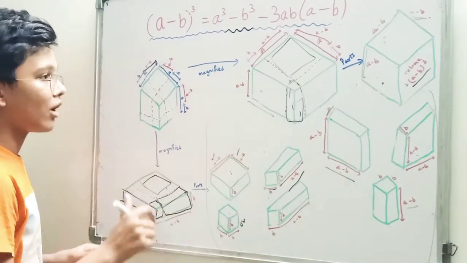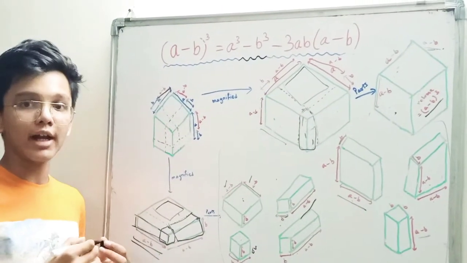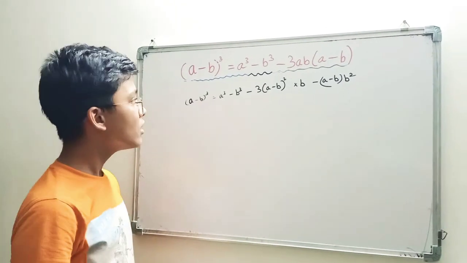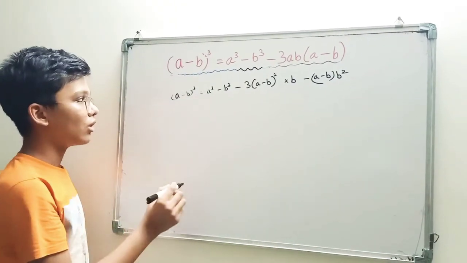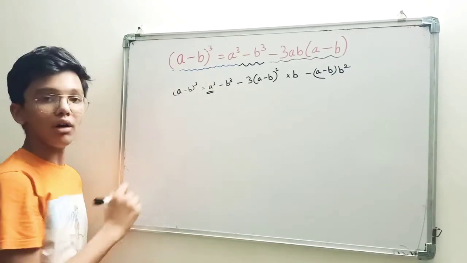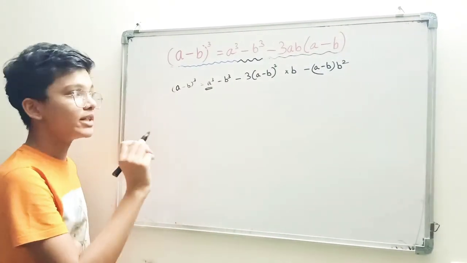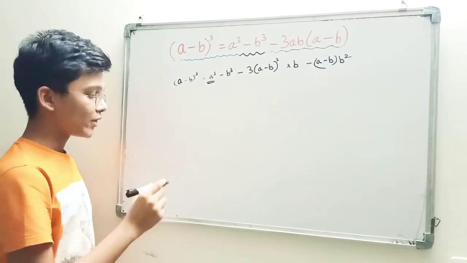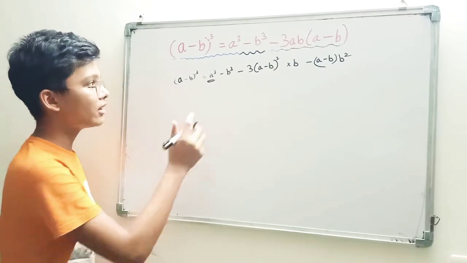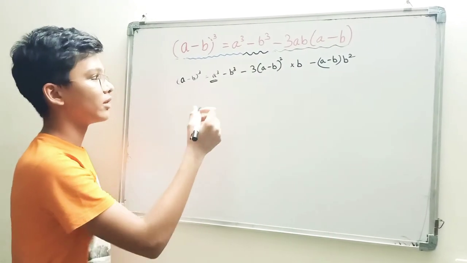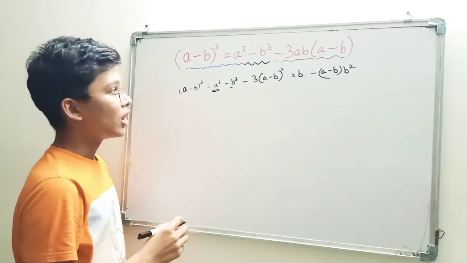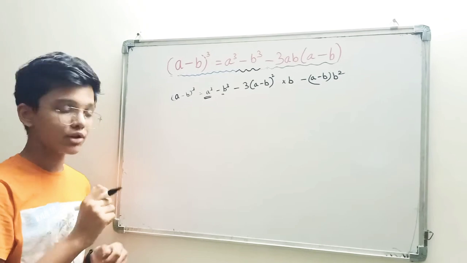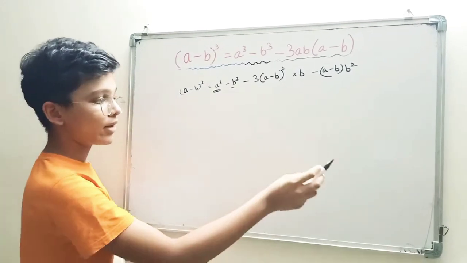So now let's wipe all this off, and I'll show you the calculation. We need to find out a minus b the whole cube. So for that, from the whole a cube, we'll subtract all the subparts. One of the subparts we know is b cube. We got a small cube over here by simplifying the larger cube, so that is b cube. Now we also got three similar parts by simplifying the larger cubes, two from here and one from here.